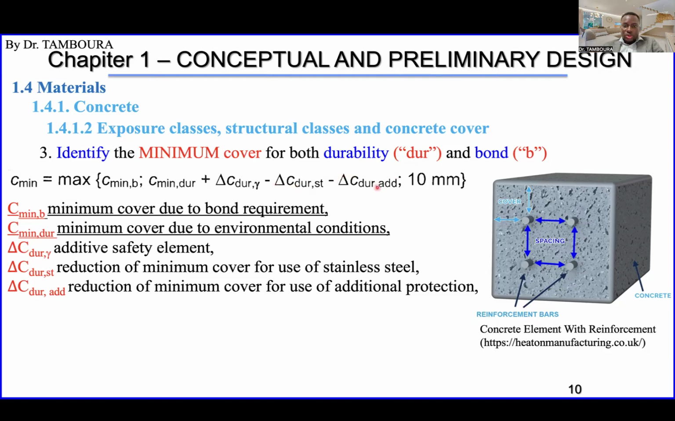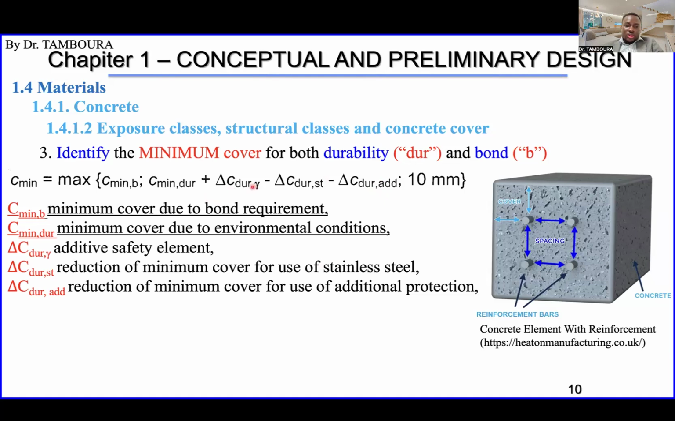And you reduce this one also, just in case you have used additional protection. For example, if you are using some painting on the concrete, you have using some protection on the concrete. For example, water cannot enter, some chemical agent cannot penetrate the concrete. Then you can reduce just minimum. Okay,